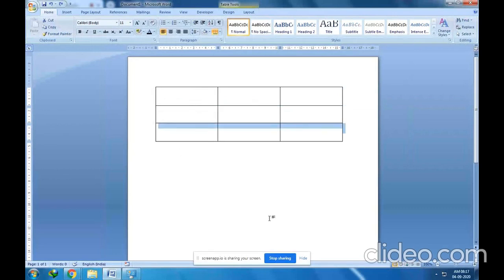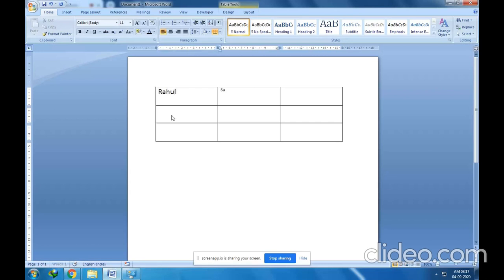Now let us see how to add a row at the top or at the bottom. For that purpose, let me write some names in these cells. First of all, let me increase the font. Okay, now the font is 18. You can see the names clearly.